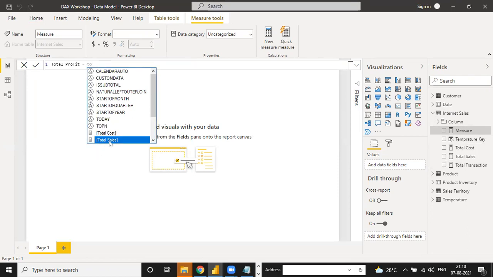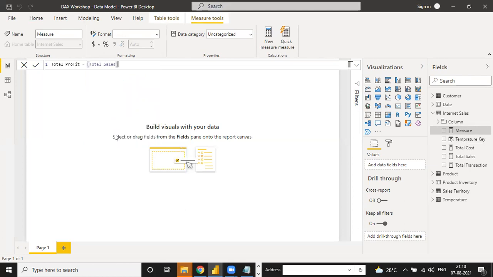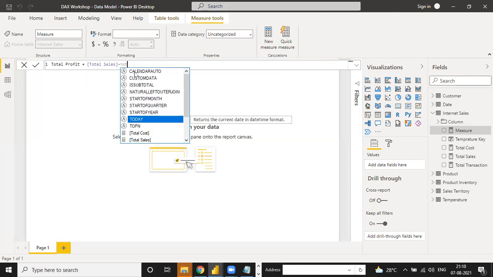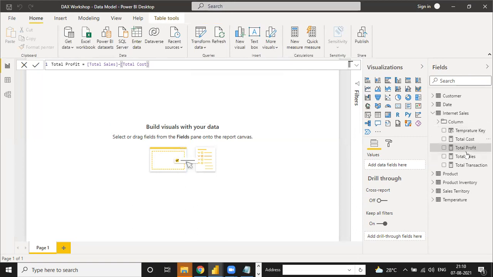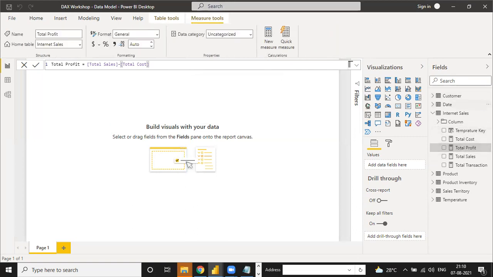See, why are we creating a measure? Because a measure is for reuse. That is the reason for creating a measure. The total sales is reused for creating the total profit. So total sales minus total cost. There is the profit.